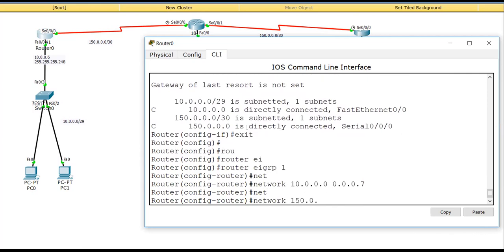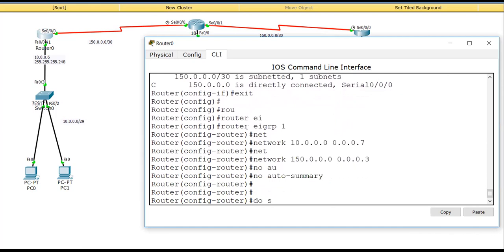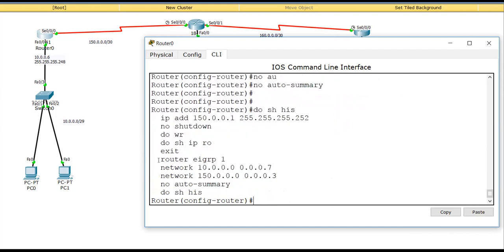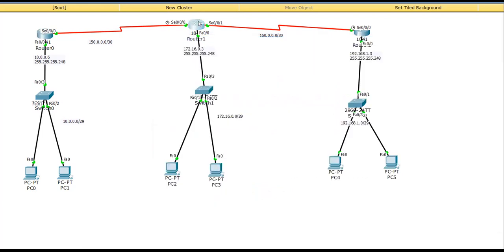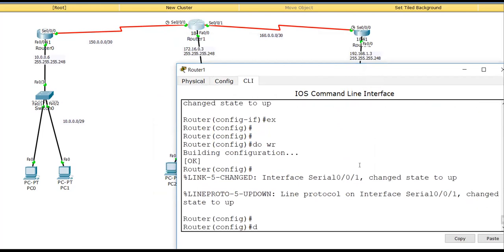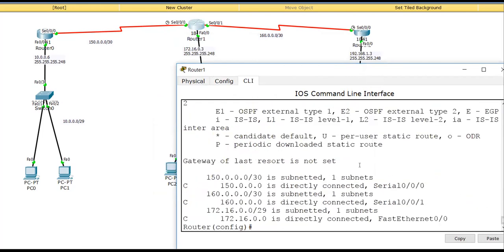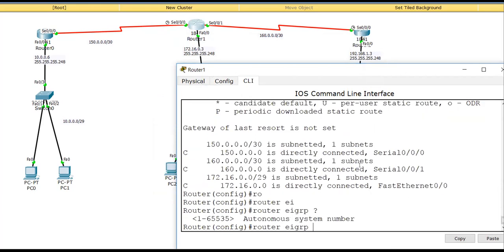So 0.0.0.7 is the wildcard mask. Network 150.0.0.0, 0.0.0.3 is the wildcard mask. So last, no auto-summary you can use. Do show history. This is the command that you have used. Now on the second router, we have 3 directly connected interfaces, do show ip route. Router eigrp, you can put a question mark also if you don't know the value of the AS number. Okay, eigrp 1,